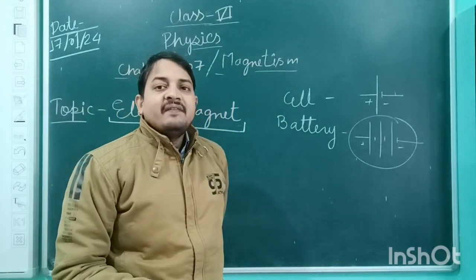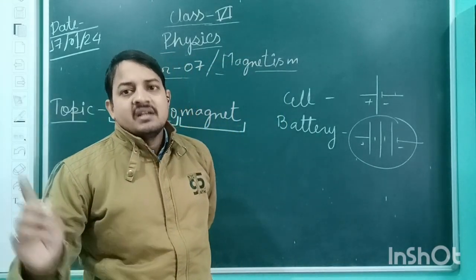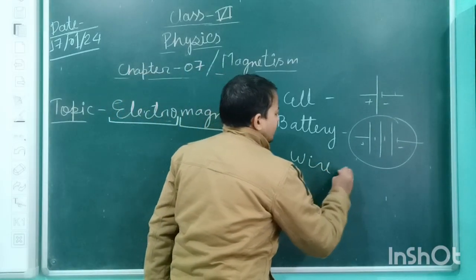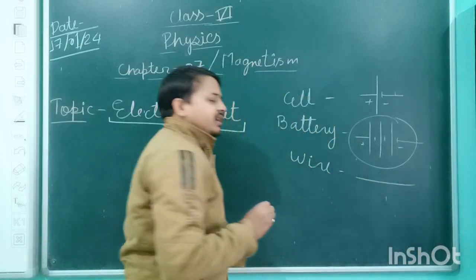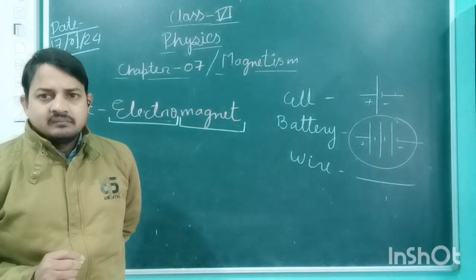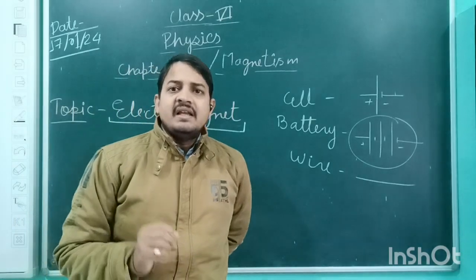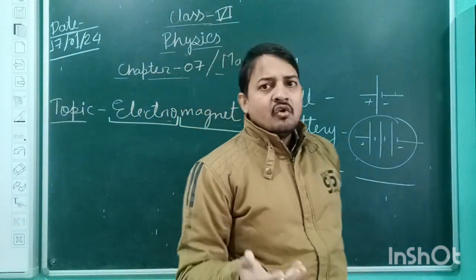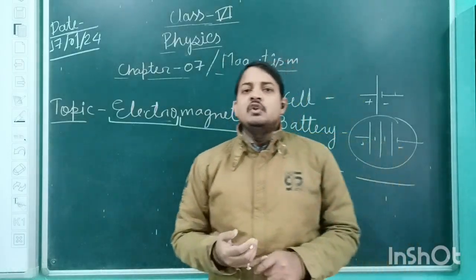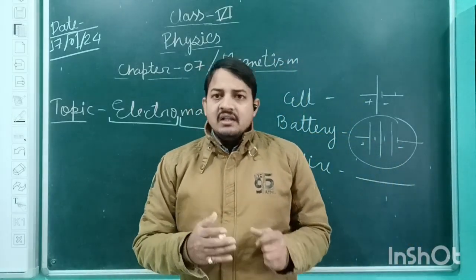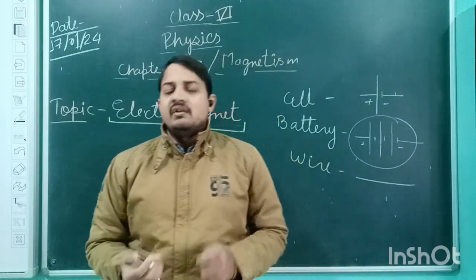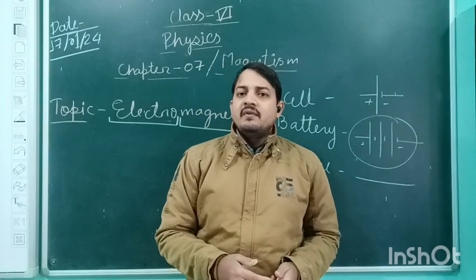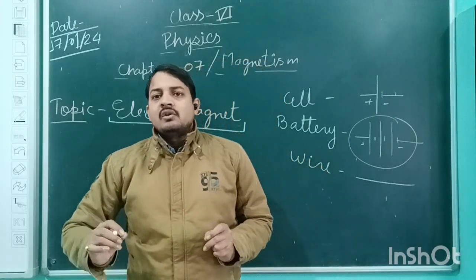Again, if I have to represent the connecting wire in any circuit, how do I represent it? With the help of a straight line, we represent the connecting wire. If I have to represent a switch, what is a switch? I think everyone has seen different kinds of switches. What is the role of a switch? Switches are basically used to operate electrical appliances at your convenience. If you want to turn on the circuit, you can turn it on very easily, or if you want to turn it off, you can also turn it off.